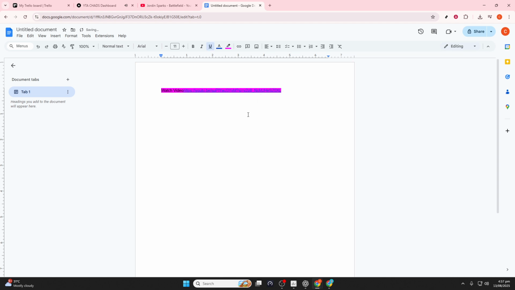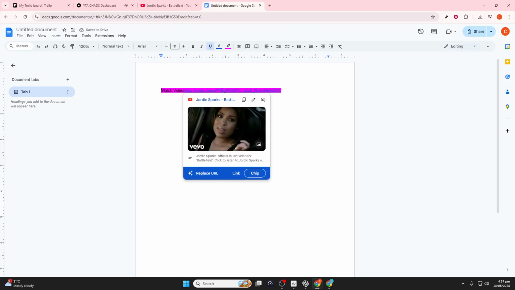After doing so, your highlighted text will convert into a clickable hyperlink, connecting viewers directly to the YouTube video without ever leaving your document. This method not only keeps your document looking tidy, but also enhances its interactivity. And there you have it, a straightforward method to enrich your Google Docs with engaging video content from YouTube. By integrating videos this way, you ensure that readers have easy access to helpful audio-visual materials, all while maintaining an